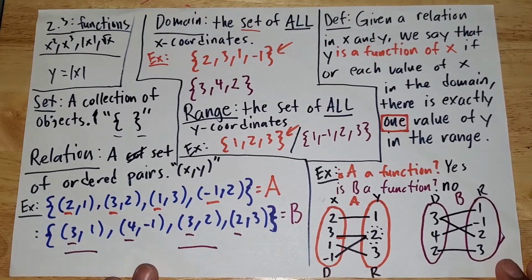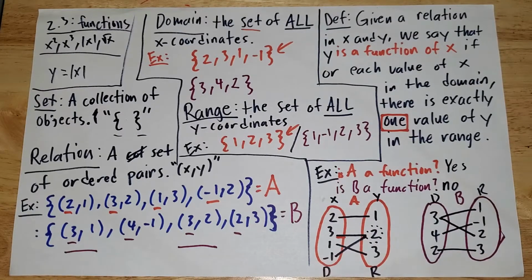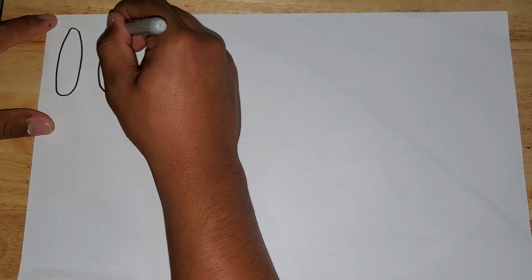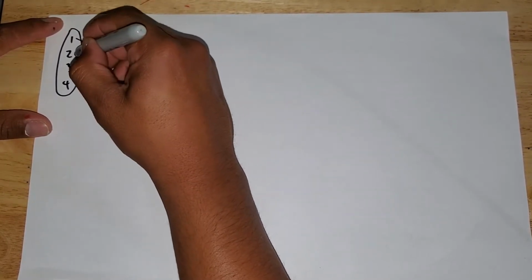Again, because it can only go to exactly one value of y. Again, what I was saying, let's say if we had another mapping, this would be perfectly fine. Let's say we had a mapping. I'm going to make this up. This is another relation I'm making up. I'm going to call this relation C. Let's just say this is 1, 2, 3, 4. And we have -2 here. All of these,